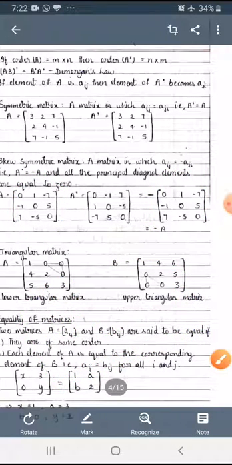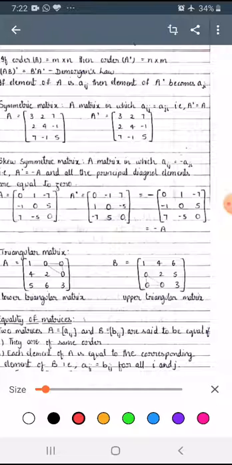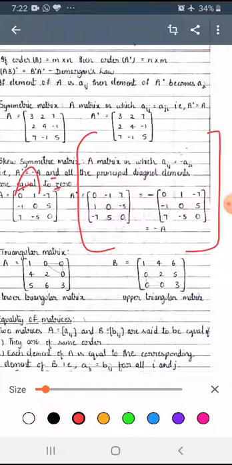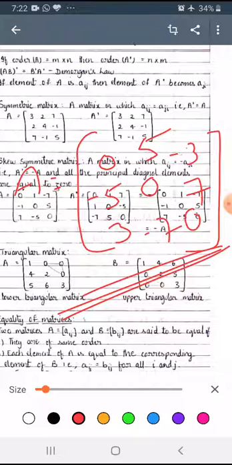It is important, but when you see this, how do you identify easily that it's a skew symmetric matrix? See here what I told: in a skew symmetric matrix, all the principal diagonal elements are 0. So first I am writing the principal diagonal elements as 0. Now before, I told you that in a symmetric matrix, if you take 5, the opposite also you should take 5. But here the opposite element you should take with the opposite sign. So 5 means -5. Suppose here -3, then here +3. Here it is 7, then here it is -7. Then this matrix is a skew symmetric matrix. It is easy to identify.